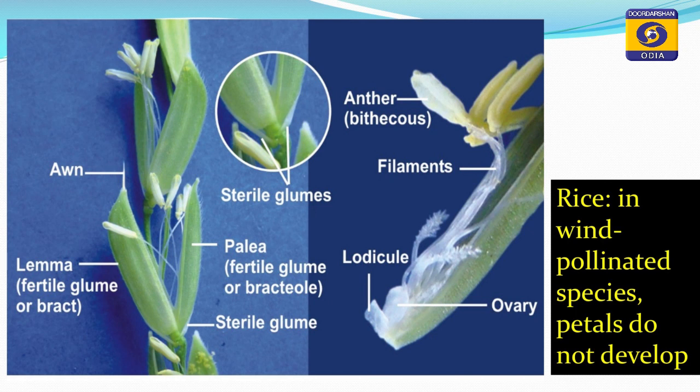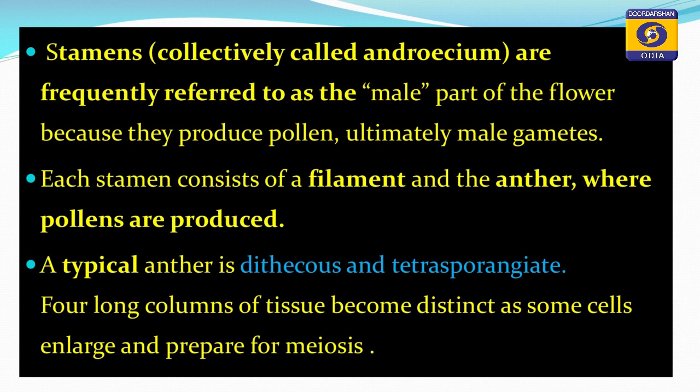and the anthers, beautiful anthers, 6 in number in each flower, right. They are swinging highly in the air and they shed their pollen, so that it can be collected by these feathery stigmas. So, now the next two essential whorls are the stamens and carpels, and the stamens are collectively called the androecium. The number of stamens varies from flower to flower. As we have seen in our hibiscus, the number of stamens is large,